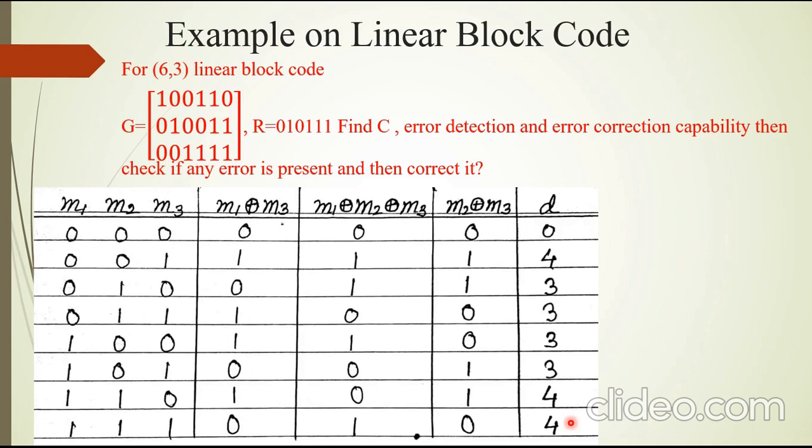So from here, I can see the d minimum, the minimum distance, that is 3. So we are rejecting the 0 condition, because 0 is not a sufficient condition and it is just a necessary condition. So I will take the other minimum, which is 3. So d minimum is equal to 3.